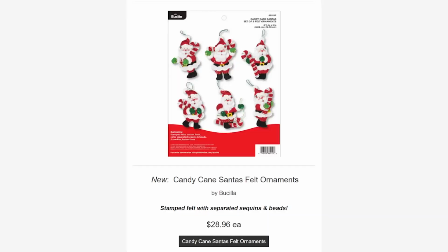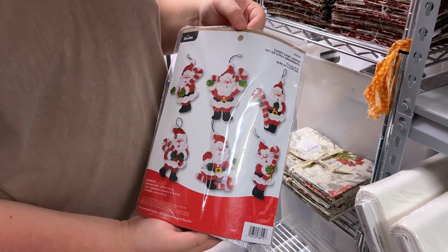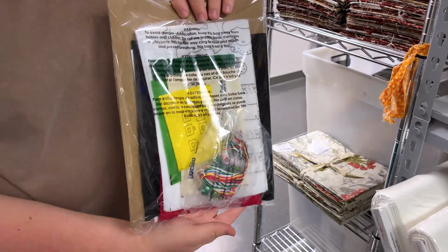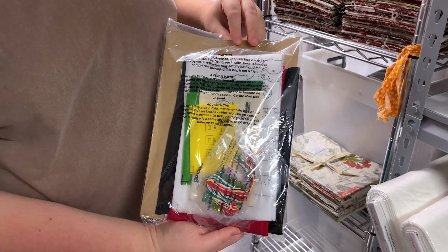Next, we have a new, very interesting kit for y'all, which is the Candy Cane Santa's Felt Ornaments. So for Christmas time, some ornaments you can make. These are handmade stitchery projects that feature felt, a fun, versatile fabric. As a set of 6, each ornament will measure about 3.5 inches by 5 inches. These kits include the stamped felt, cotton floss, color separated sequins and beads, embroidery needles, and simple to follow instructions. So if you're interested in these cool kit ornaments, make sure to felt the holiday magic with our Candy